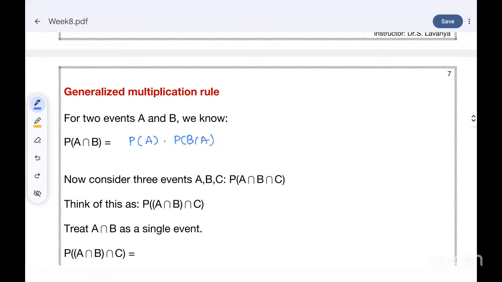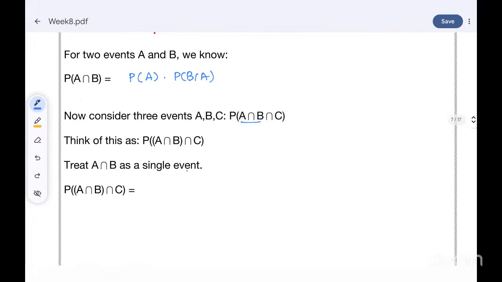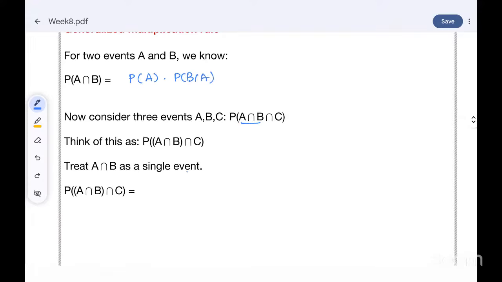So for example, suppose we have three events A, B and C. Now we have to find P of A intersection B intersection C and give a multiplication rule for this. Let us consider A intersection B as one event. Maybe you give some name for this, D. Then P of D intersection C is equal to, based on the above formula,